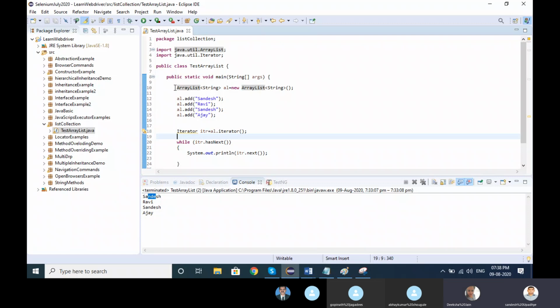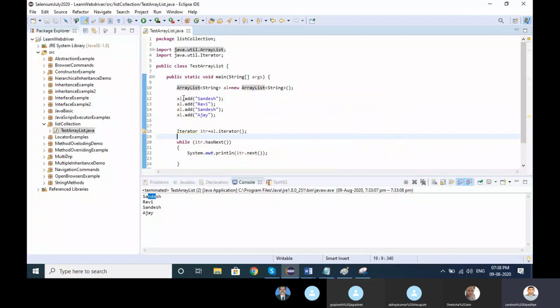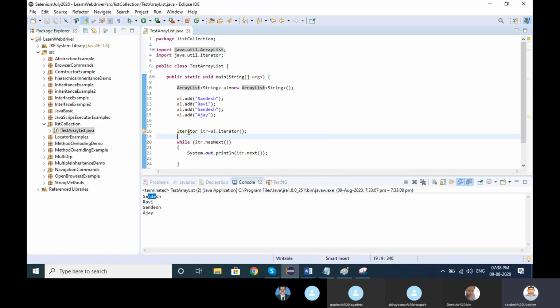Okay, so what I did here, one more thing, I just iterated the object. I have put here ArrayList of String. These are generics, I will explain later. When we add to the array list, we use al, this object, dot add method to add the element. Here I just added, it's nothing but a for loop.